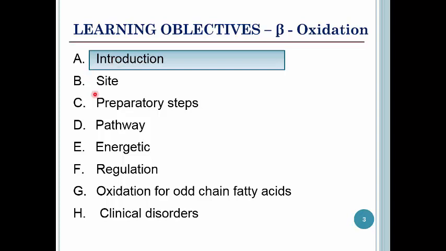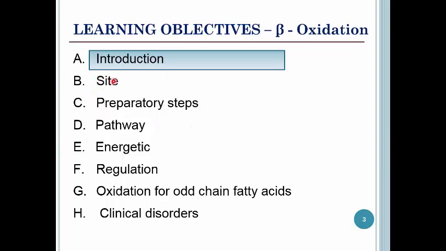Then you have to write about the site, that is mainly the intracellular site, in which part of the cell the pathway is operating. For example, whether in mitochondria, nucleus, endoplasmic reticulum, or cytoplasm. Apart from that, you also have to write the site in terms of organ. If some pathway operates just in the liver, then you have to write that this pathway only operates in the liver. So the site may be in terms of the intracellular site as well as the organ site.